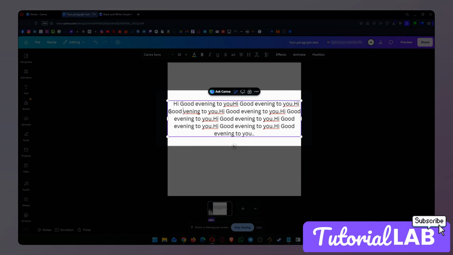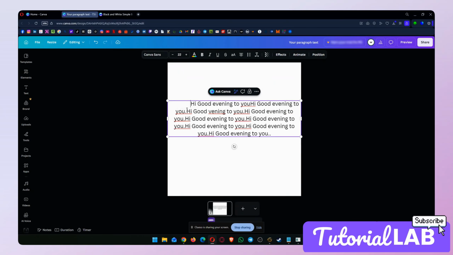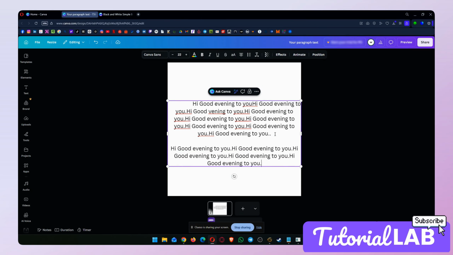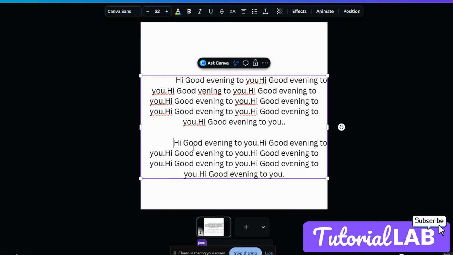Now, if we want to indent the text or paragraph, all we have to do is manually add a space. As we can see, it will put a space. Now let's say we have a second paragraph and we want to add an indent. Again, all we have to do is manually add a space so that it can be indented with the paragraph